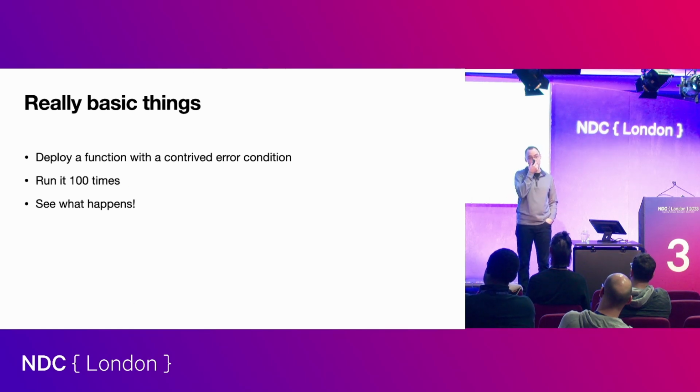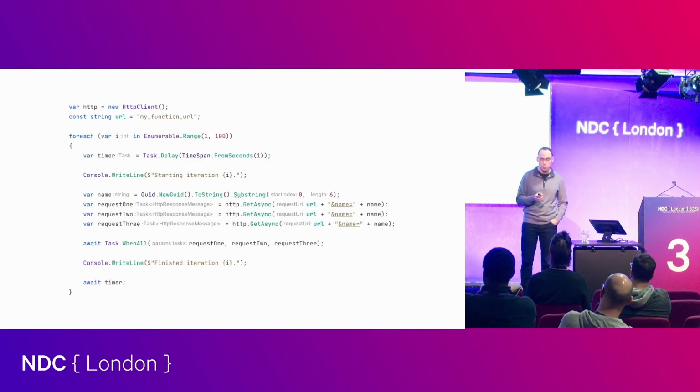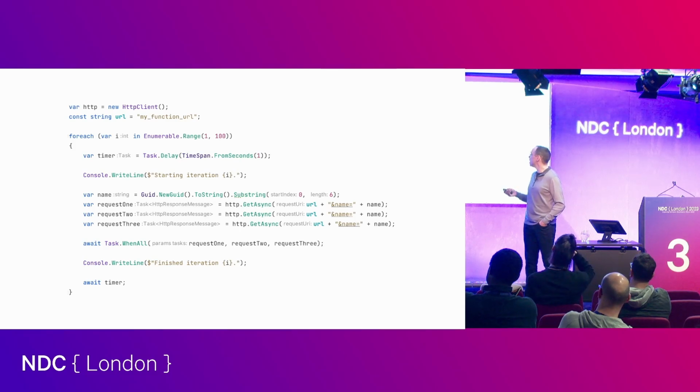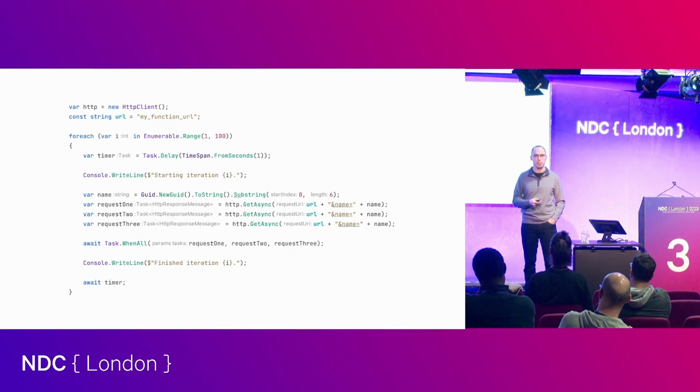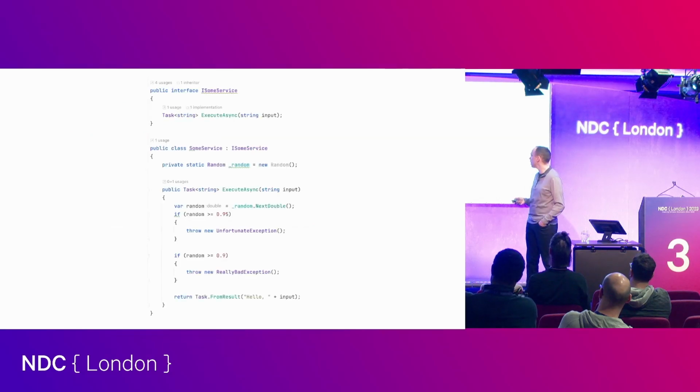So it's a really basic thing that I did. I took a function, I deployed it, I ran it 100 times, actually 300, as you'll see in a second, and I saw what happened. So this was my very simple, I dare even call it, I don't even know, will you call it a script? But essentially, just take 100 numbers, and I did 3 requests a second against this thing. And then at the end, I just looked at it. I logged into the particular cloud platform and looked to see what happened.